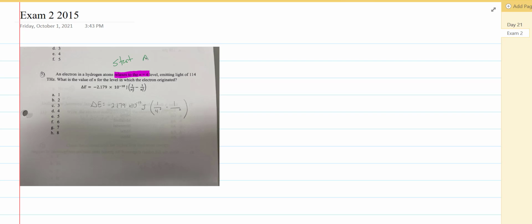has to be above 4. It emits light of 114 terahertz. So that's a frequency, right? So that's a frequency. We have the frequency then is equal to 114 terahertz. All right, so that's 114